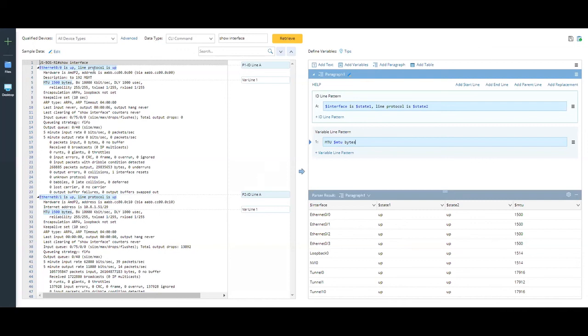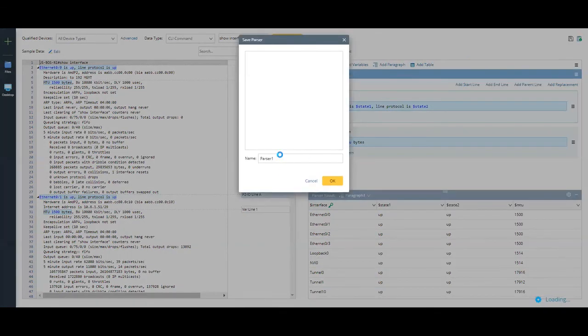And great. So within seconds, I have a parser that's parsing out 3 specific pieces of information for each of these interfaces, right? And that's great. And what I want to do is make the interfaces the key so that everything is associated with a specific interface, right? These 3 different things. And then I can save this so I can reuse it